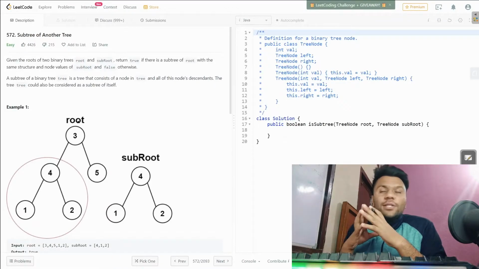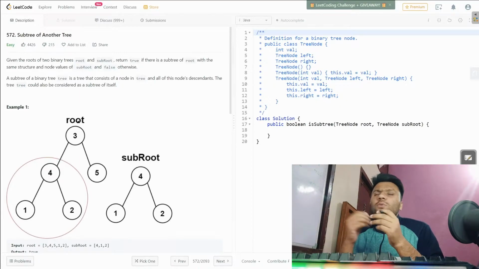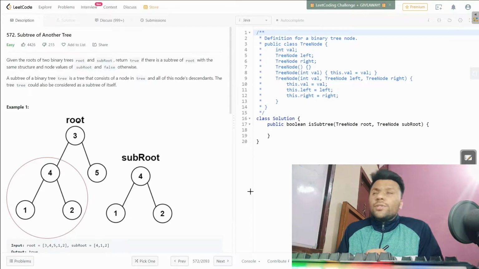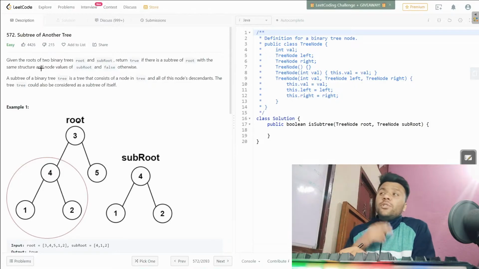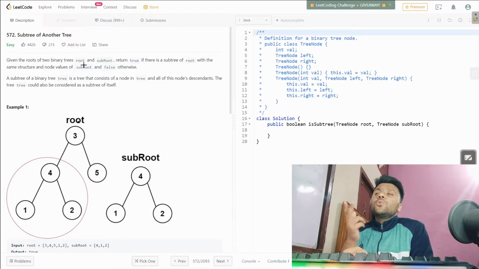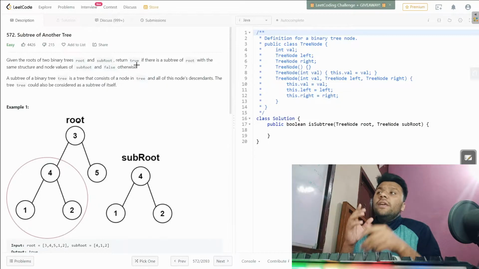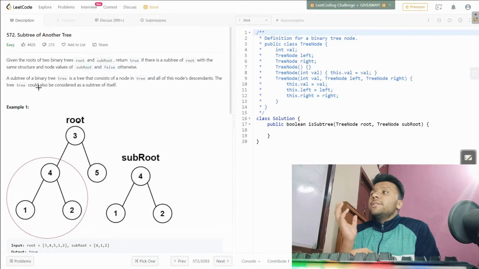Today we are going to solve another school's problem, which is subtree of another tree. So basically it's a binary tree problem, and it's quite simple as well. So let's see what the question is saying. The question is saying, given two roots of the binary tree, which are root and subroot, we have to return true if there is a subtree of the root with the same structure and node values of subroot,